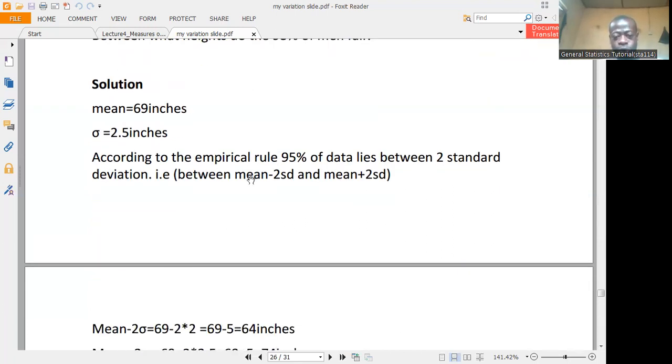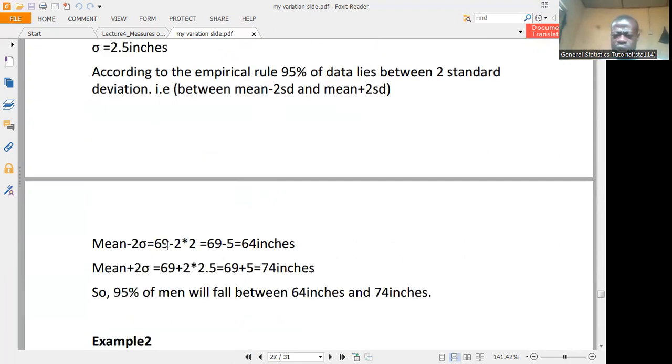All I'm going to do is calculate the mean minus two standard deviations and the mean plus two standard deviations. That will give me the range within which 95% of the men lie. Let's see how I do that. So I will say mean minus two standard deviations will give me